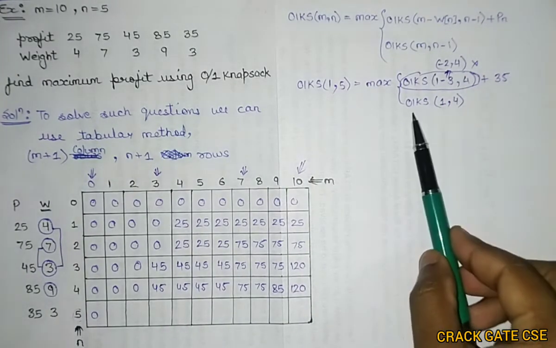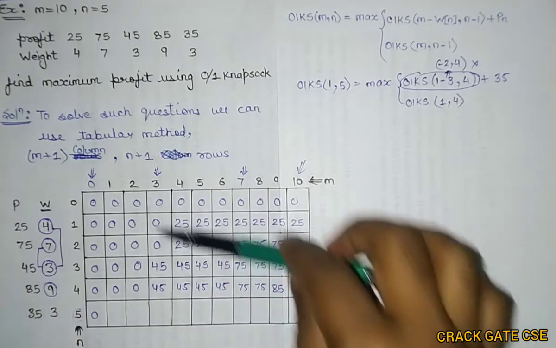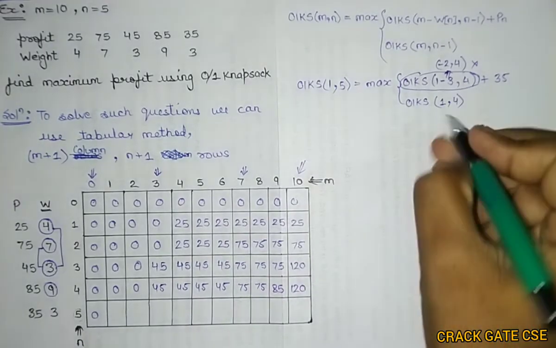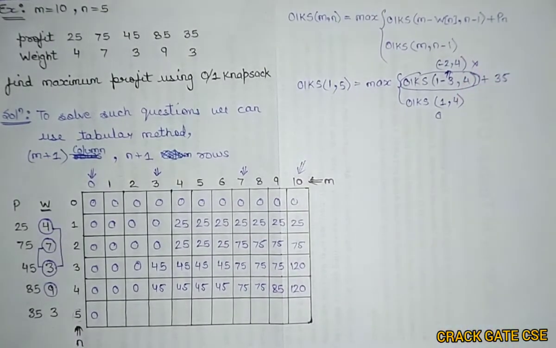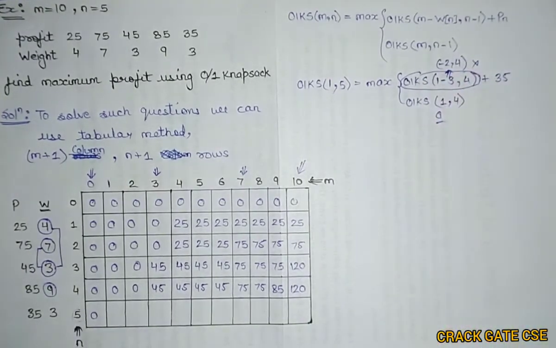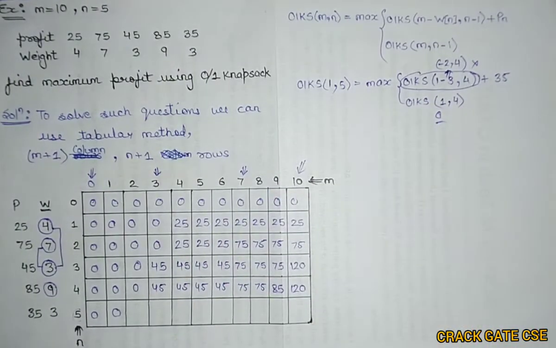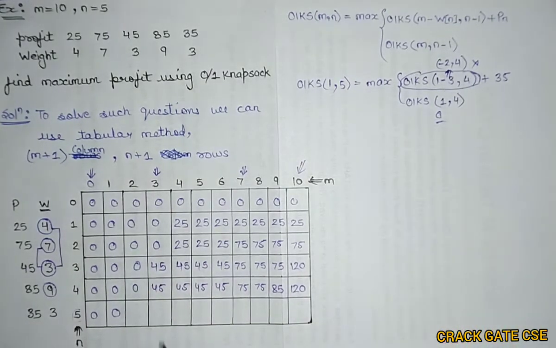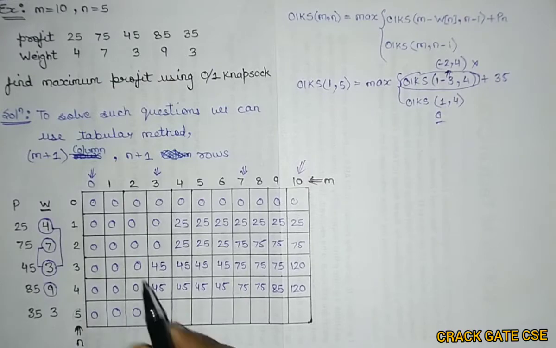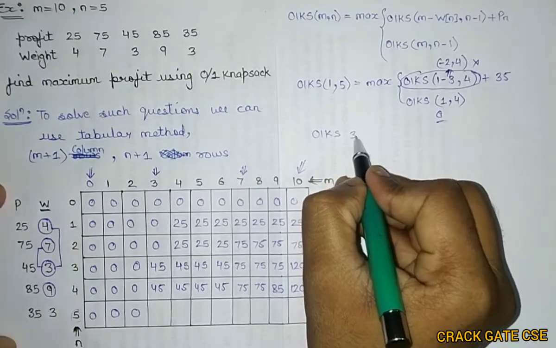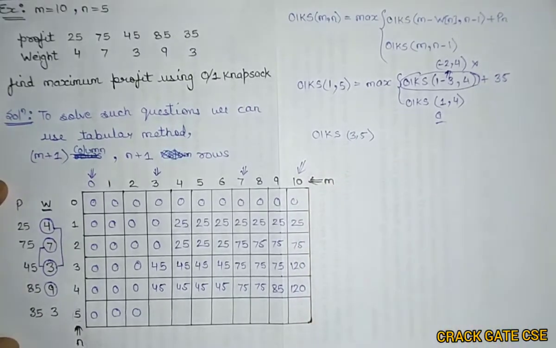Now next thing is I have to take 1 comma 4. So is there any 1 comma 4? Yes, you can see that 1 comma 4 is having value as 0. So among these two, which is maximum? 0 is maximum, because it is the only possibility, because there is no such location as minus 2 comma 4. So 1 by 5 will be having value as 0. Similarly, if you check for 2 comma 5, again there will be minus 1 comma 4, so it will be 0 again.